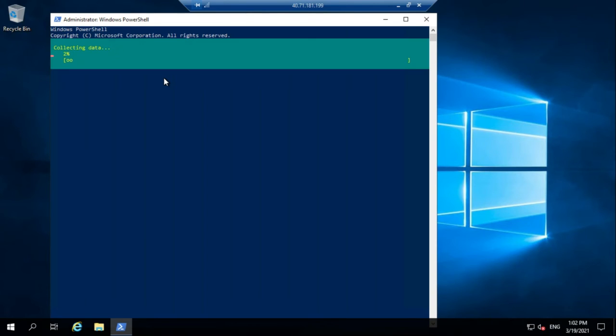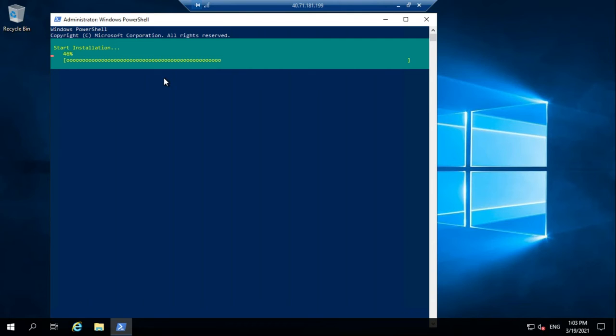Now click enter. When completed, there will be a prompt stating success with a value true. You do not need to restart the virtual machine to complete the installation.